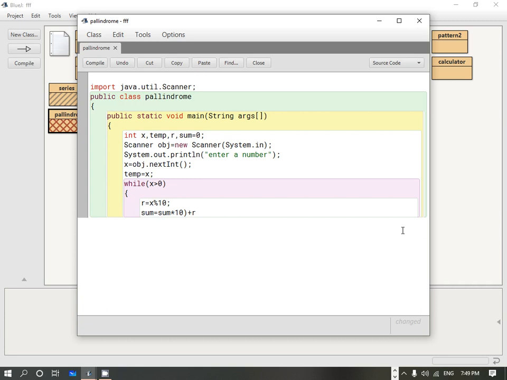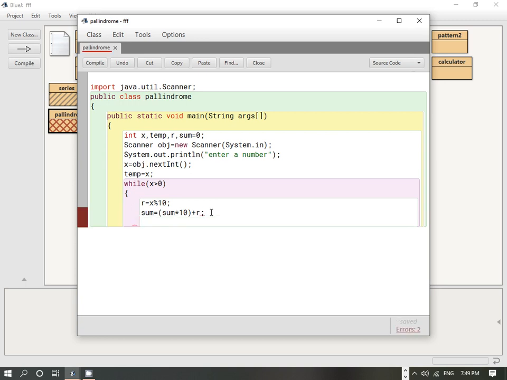I will explain what this statement is doing when I show you the dry run of this code. So here the initial value of sum is 0, so this will give 0 into 10 plus r, which is going to give 5 for the first time if we are taking the number as 525.